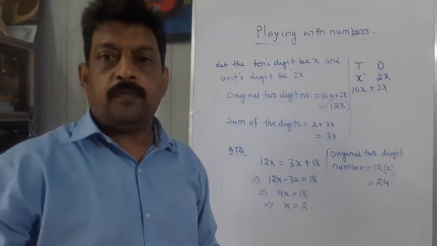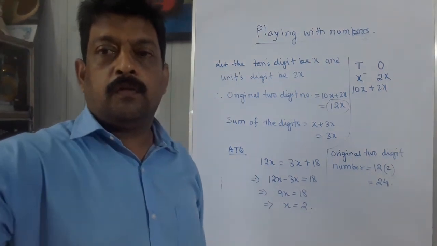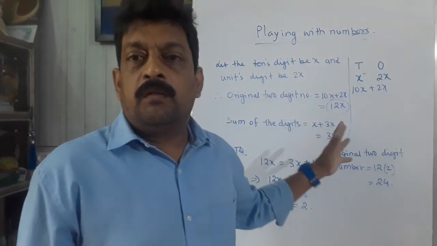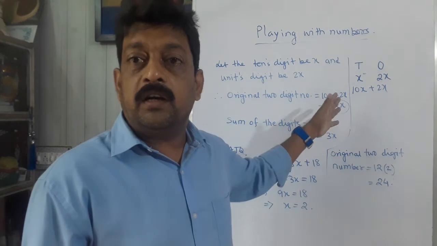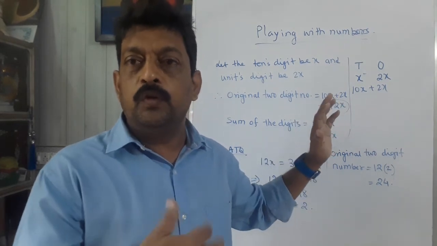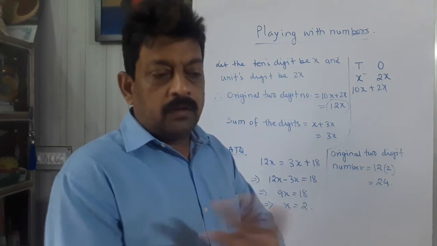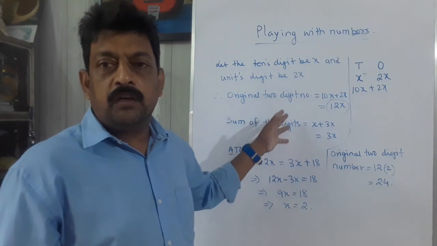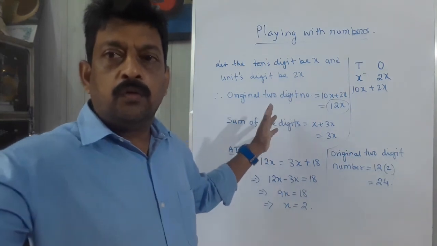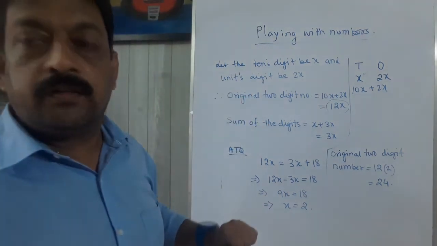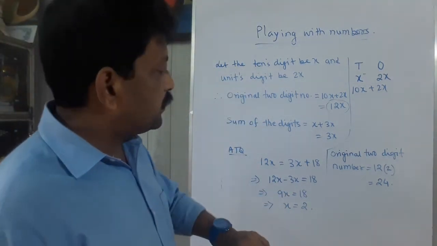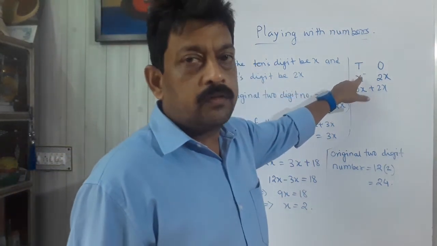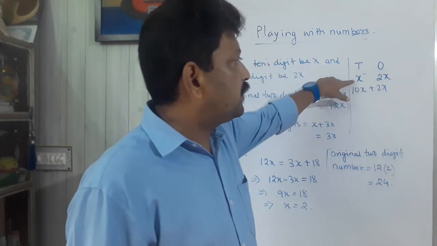Okay. Now we can easily check the answer by cross-checking, by checking the conditions of the question. We don't have to look for the answer at the back of the book, at the last page of the book. We can simply go for cross-checking by using the conditions. See here, let me tell you how. The question was the digit at the unit place is double the digit at the tens place.